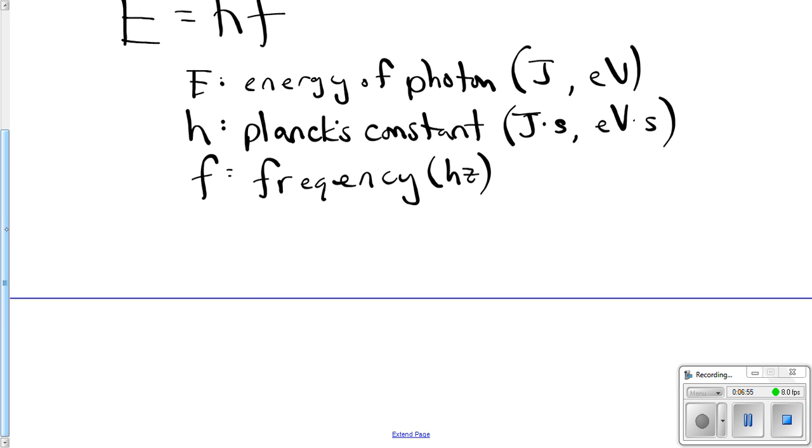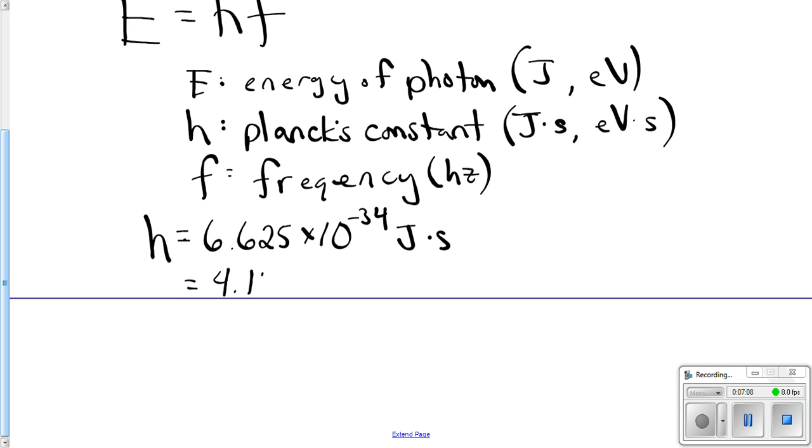Planck's constant is a number. Planck's constant, if I remember correctly, is 6.625 times 10 to the negative 34 joule seconds, or 4.14 times 10 to the, I want to say